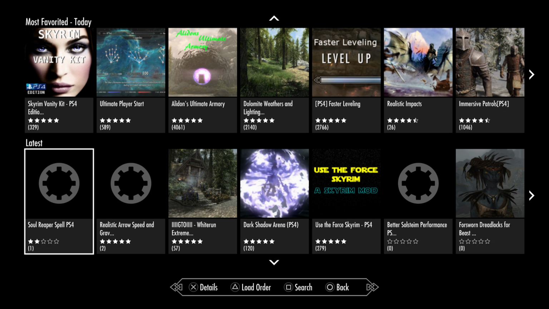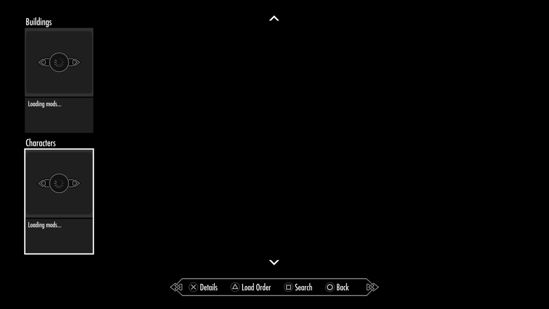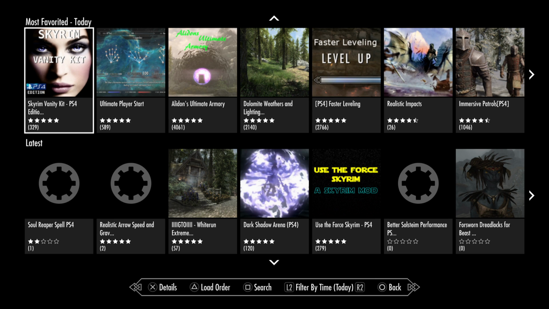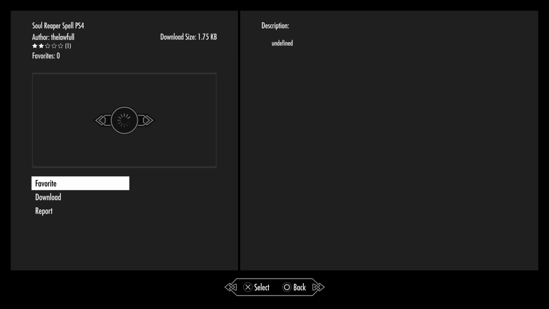If you missed it last time, I think we did either the cheats or characters. I get mixed up with the Fallout mods that I'm actually trying to do at the same time. But either way, we'll be covering those again next week. Regardless of whichever one it was, we'll be moving on to either clothing or collectibles next week. So for now, we're just going to focus on the latest mods for this current week, starting with Soul Reaper Spell,